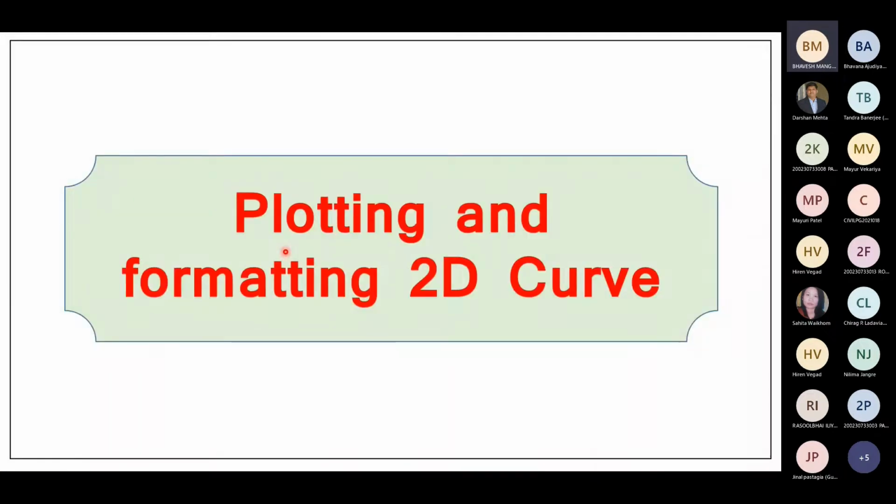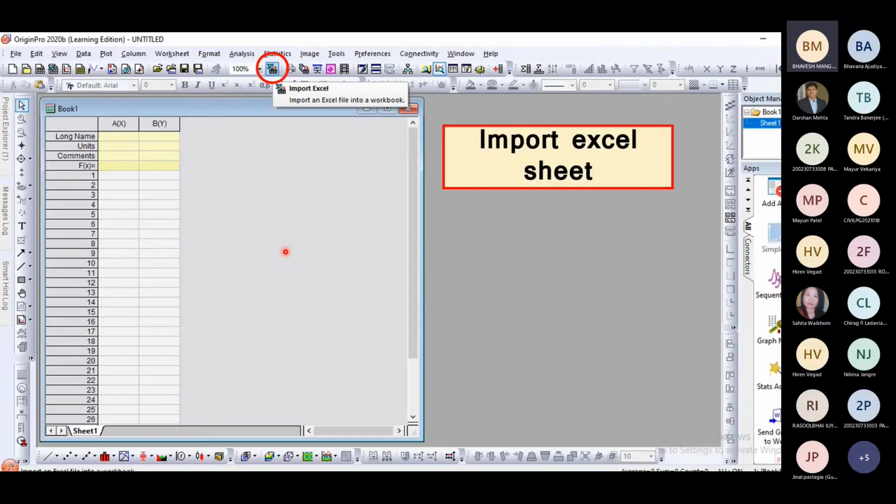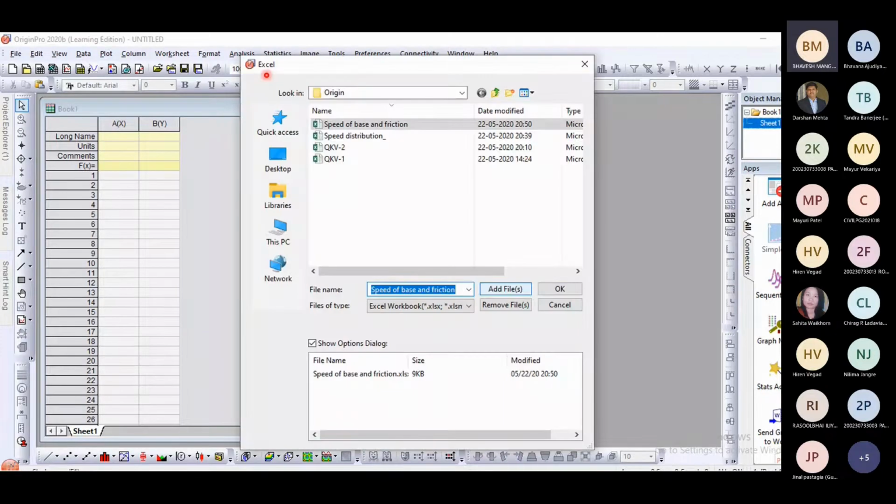Now let us try to see how to do plotting and formatting of a 2D curve. Okay, so start with our fundamental screen. Move to import Excel. We want to import the new Excel sheet, right?